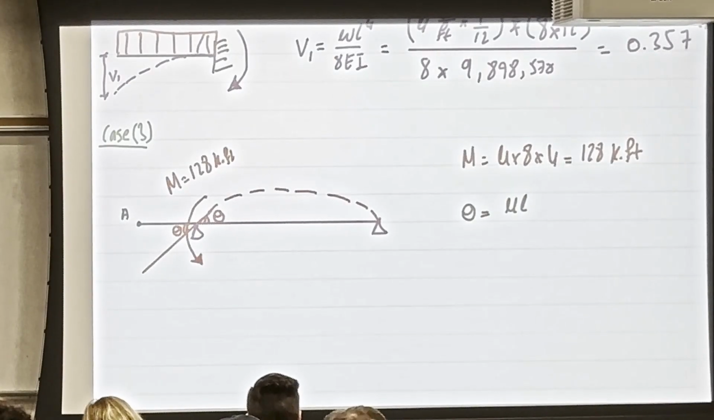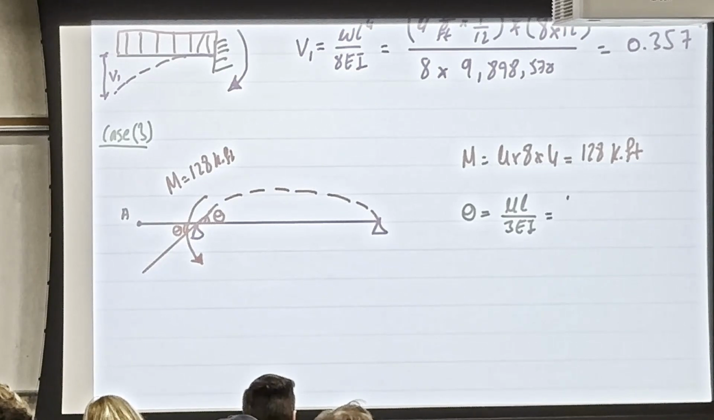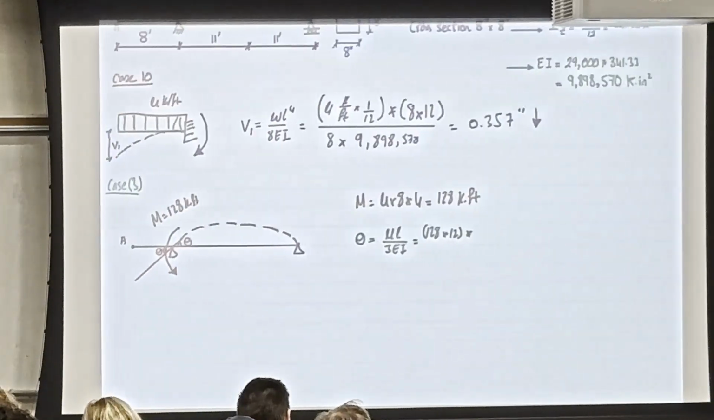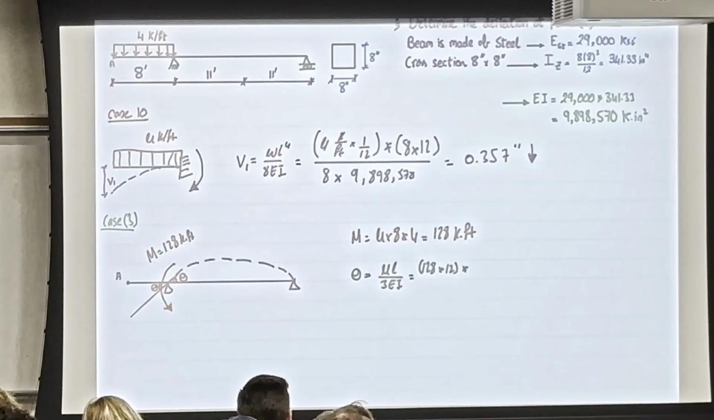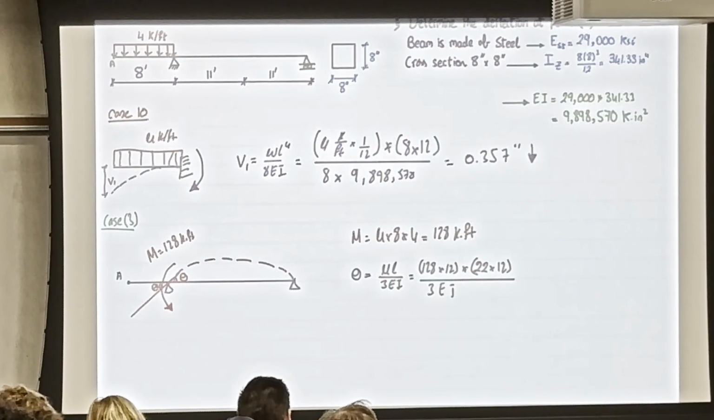ML over 3EI. The moment, what we did before, which is 128 kip foot, here we multiply by 12. We're not going to divide it by 12. And the length, what do you think, what length should I choose? 22 times 12 over 3EI. Okay? And you're going to get the theta is equal to